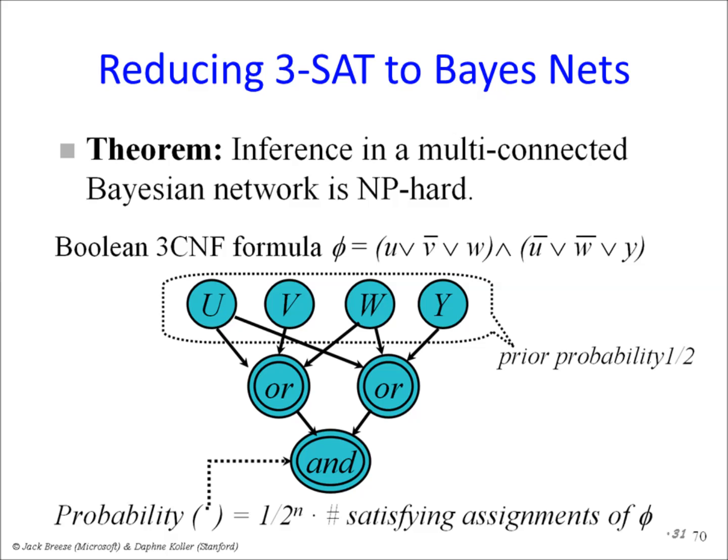Basically, you create a conditional probability table which is equivalent to the OR of the clause. So if U is true, probability will be 1. If V is false, probability will be 1. If W is true, probability will be 1. In the specific case that W is false, V is true, and U is false, then the probability will be 0. I had made a mistake there. And you put the edges based